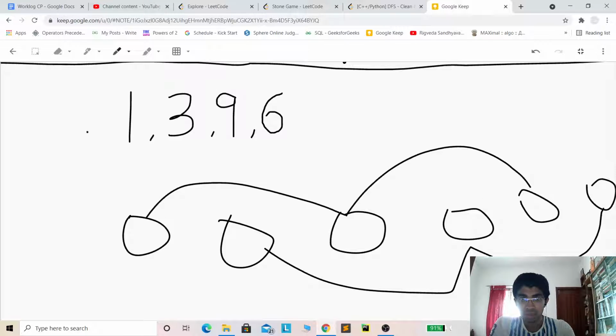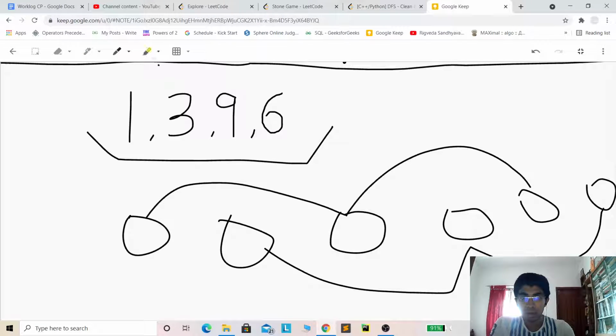For example, if there are 4 elements in this array, now Alex has the first move. Alex has to make the move, right? He has two options, either to choose 1 or 6. 6 is greater than 1, but he won't choose 6. He will choose 1, because if he chooses 6, in the next move Lee can choose 9, right?